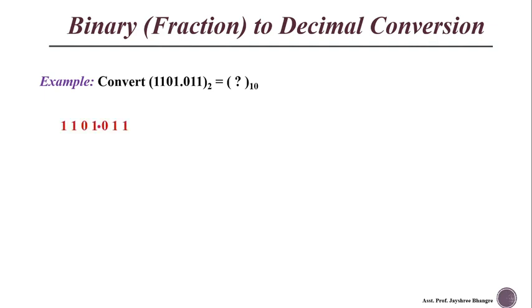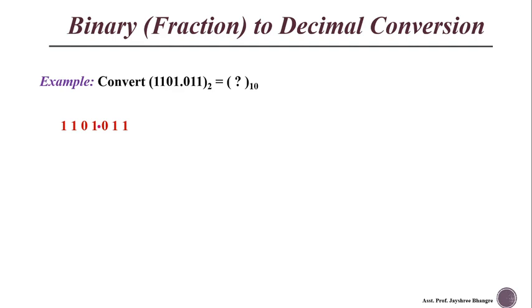If we want to convert a fractional binary number into its decimal equivalent, then the same method can be used. We first convert the fractional part. For the fractional part, we start from the MSB position, moving from left to right, starting from the bit nearest to the binary point. To find the positional weight for a fractional number, we multiply those bits with the negative powers of 2, and we increase the negative powers from left to right.